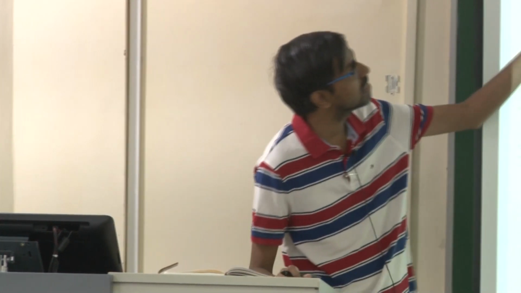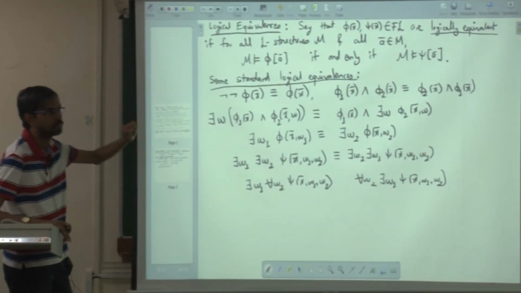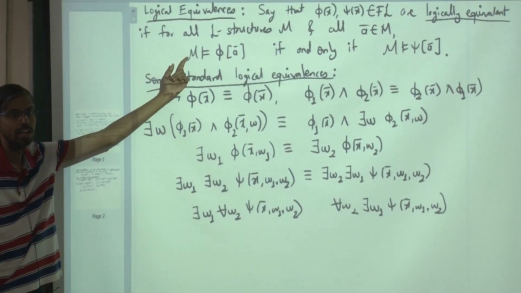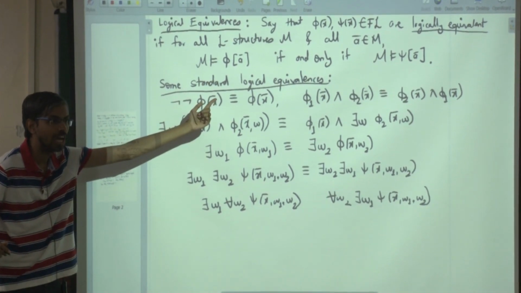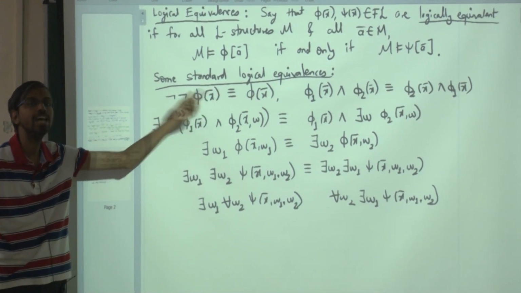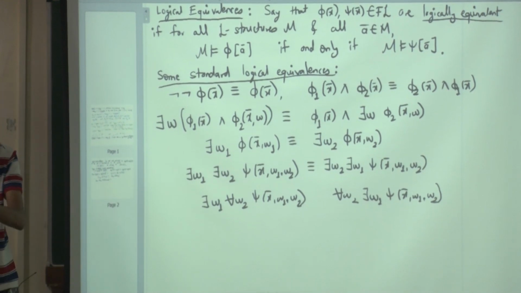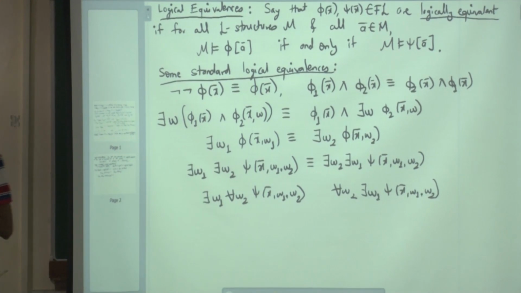So that's why the definition is written. You had to negate the definition. What does that mean? This is for all. So you had to find one. And for all, so you have to find one such that the inner thing does not happen. So if and only if does not happen, which means one of them is true, the other one is false. So can you tell me one thing?